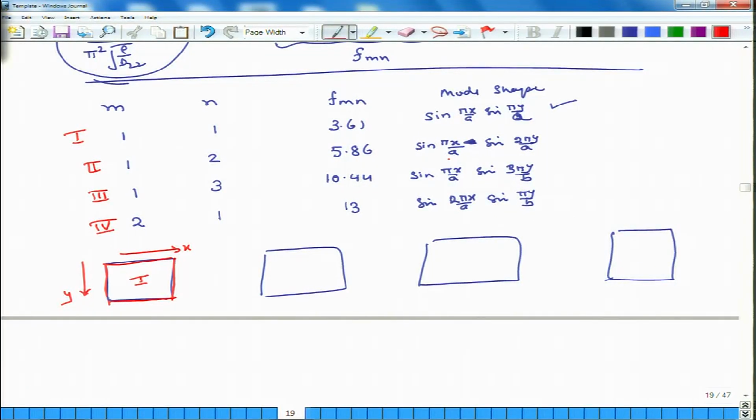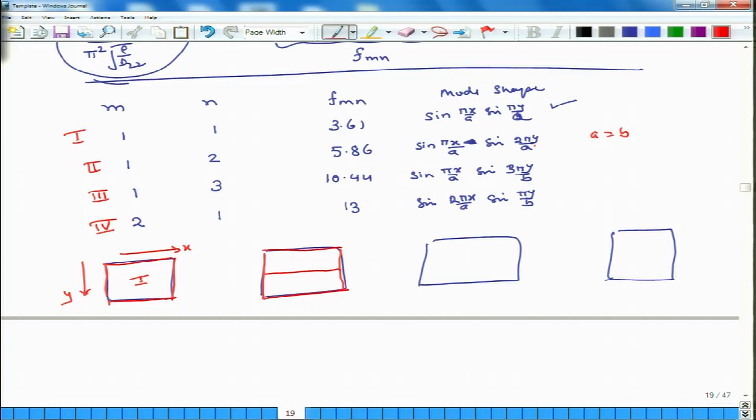Now, let us look at the second mode. Second mode tells us that it is sine pi x over a times sine 2 pi y over a, right, which means, so b is same as a because aspect ratio is a is equal to b. Okay. So, you can call it a or b, it does not matter, these are rectangular plates. Okay. So, again here the plates, of course, the outside edges will be fixed, and because this is 2 pi y over a, it will also be fixed in at the middle line.